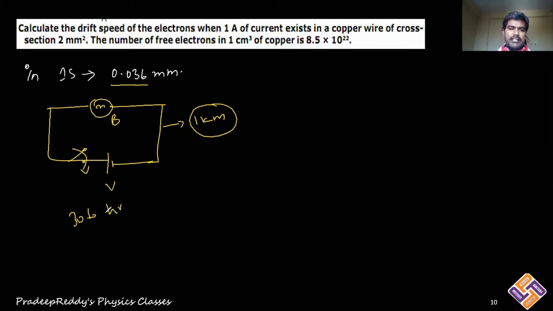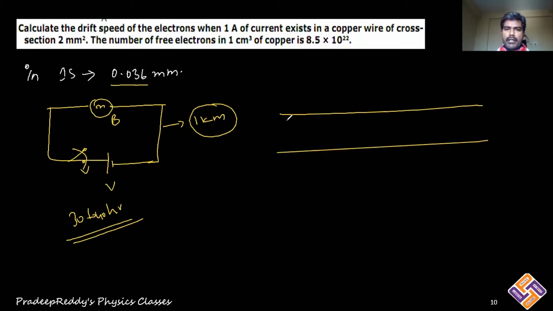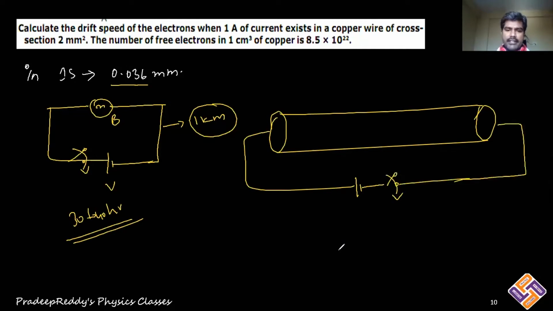30 to 40 hours it takes. But when you are switching on the bulb, immediately it glows, right? It is possible because when you are connecting a wire, for example, if I take a conducting wire and you are connecting it to a battery along with your tap key, right? Now when you switch on the tap key, immediately there is an electric field setting up in the conductor